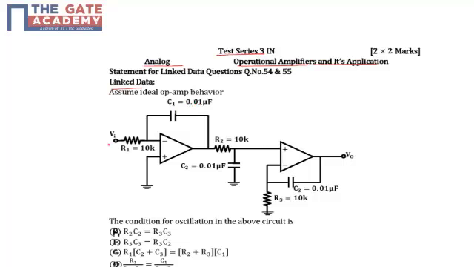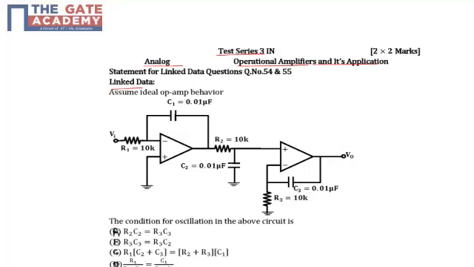And here we are giving the input voltage. The positive terminal of op-amp 1 is grounded. The output of that is V0 of op-amp 1. It is connected with one resistance R2, 10K, and with capacitor C2, 0.01, and it is connected to the positive terminal of op-amp 2. The negative terminal is connected with resistance and capacitance, and this is the output V0.